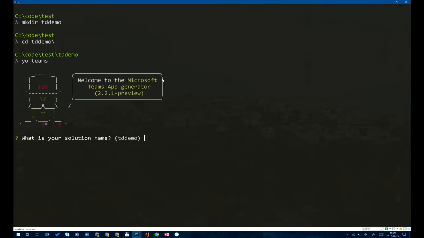And now it will start a generator, and it will ask me, and as you can see, I'm running the preview generator, and that's one focused on the 1.0 schema. So if you want to use the latest and greatest features, you should install the preview, and there are instructions on the GitHub repository on how to do that. First of all, I need to give my solution name, take the same here, and I use the current folder. Then I need to give it a name, a nice name, TechDays demo,